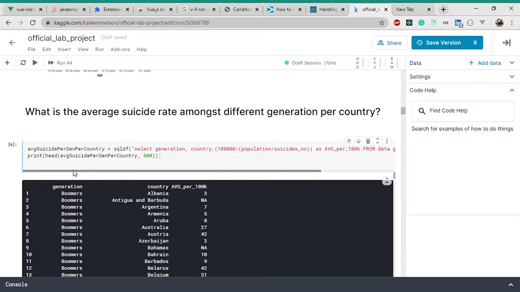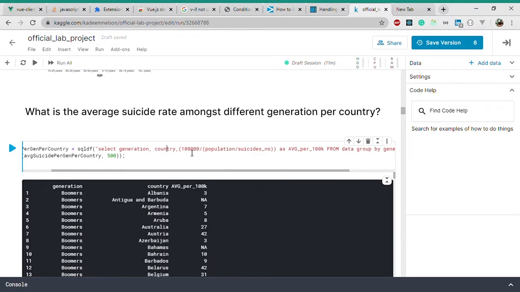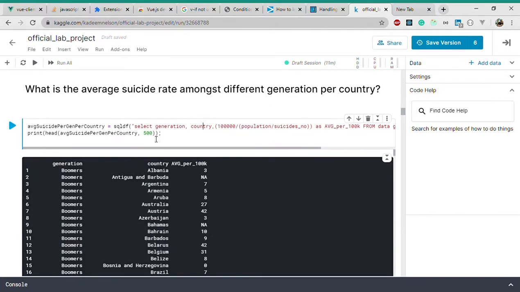Once again, we use our SQLDF package to do the manipulation, do the querying of the data. So we select the generation, the country, and then we divided 1000 by the population divided by the number of suicides. That's the calculation that we use to determine the average, and then we group by generation. And here we're looking at the first 500 records,